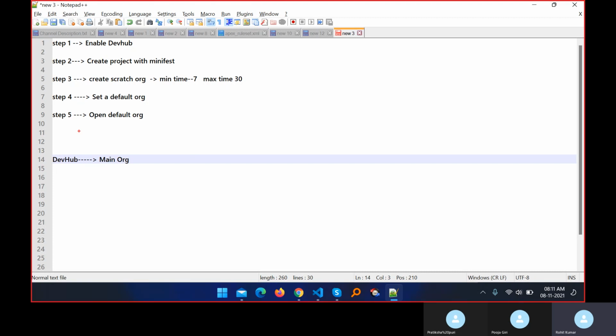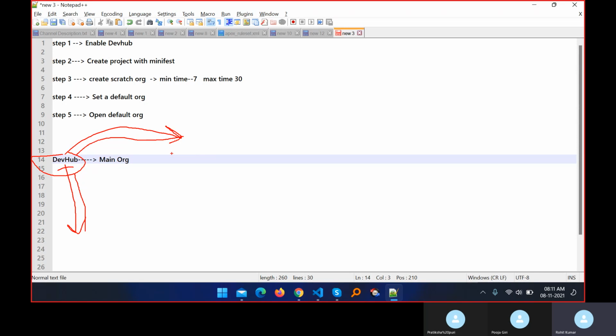Suppose, let's say this is the DevHub, and I want to connect this DevHub for a project with Pratiksha and also Pooja. Both developers are working in the same DevHub. So Pratiksha pushes some code under this DevHub, like some Apex class, and Pooja also does some Apex code under this DevHub. It's not a good practice because it causes collisions sometimes, like code merging or code conflicts, where both developers are working in the same file.